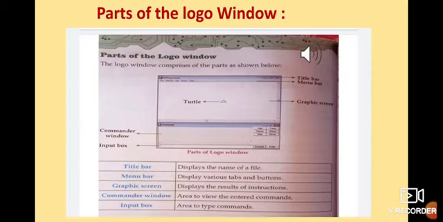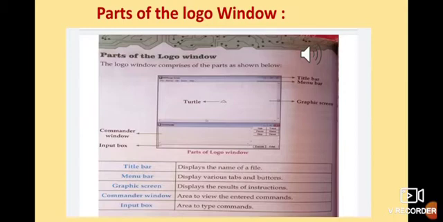Down is the input box. The input box is used to type the command, because you need to type it. Unless you type it, Logo is not going to respond. Suppose you want to make a circle. You have to type the command for the circle. It's not that you just say you want a circle and it will show you.